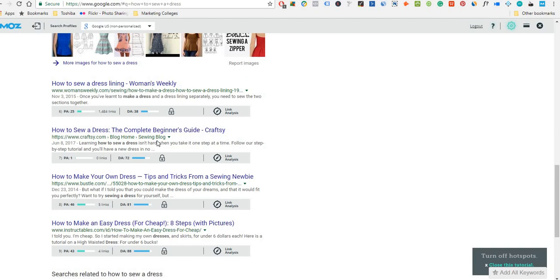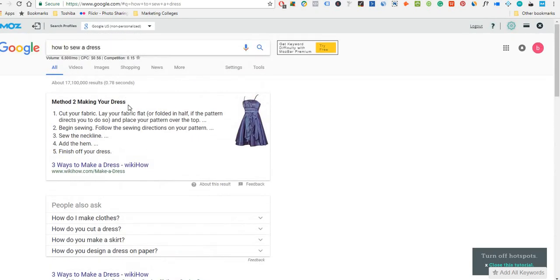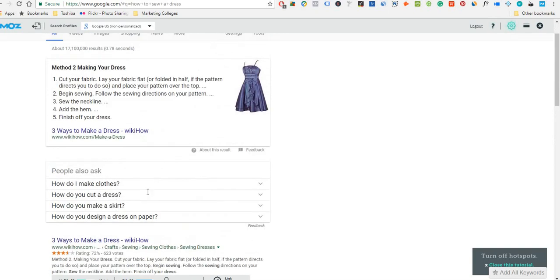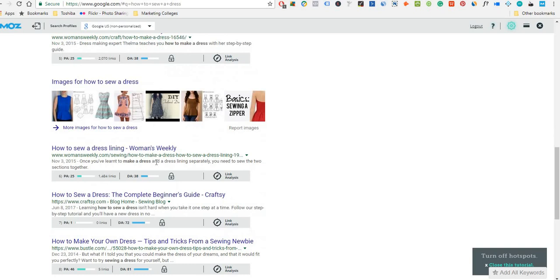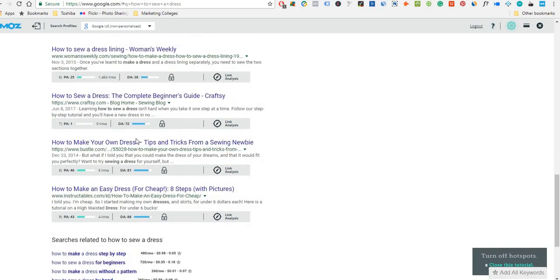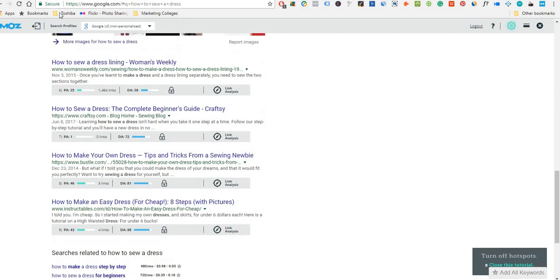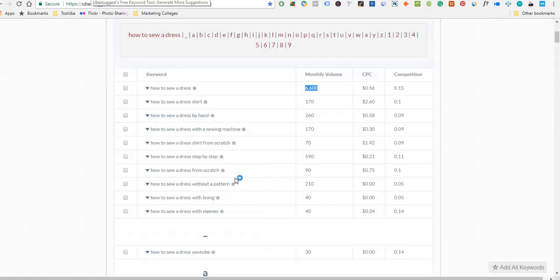We can see that for this term, how to sew a dress shirt, we probably don't want to go for that right now, because all of these websites have pretty good domain authority. I would say we're looking for something under like 20 or 25 domain authority. So let's go back to Ubersuggest